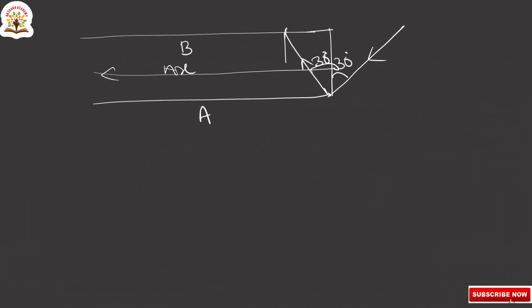This is d, the width, the distance between the two plane mirrors, and here we are taking x. This complete length L is equal to 2√3 meters, and from the figure